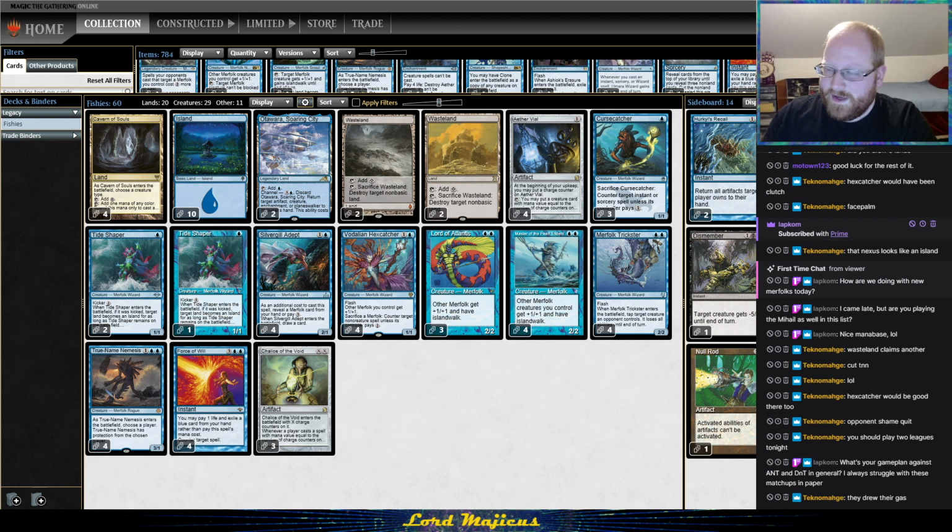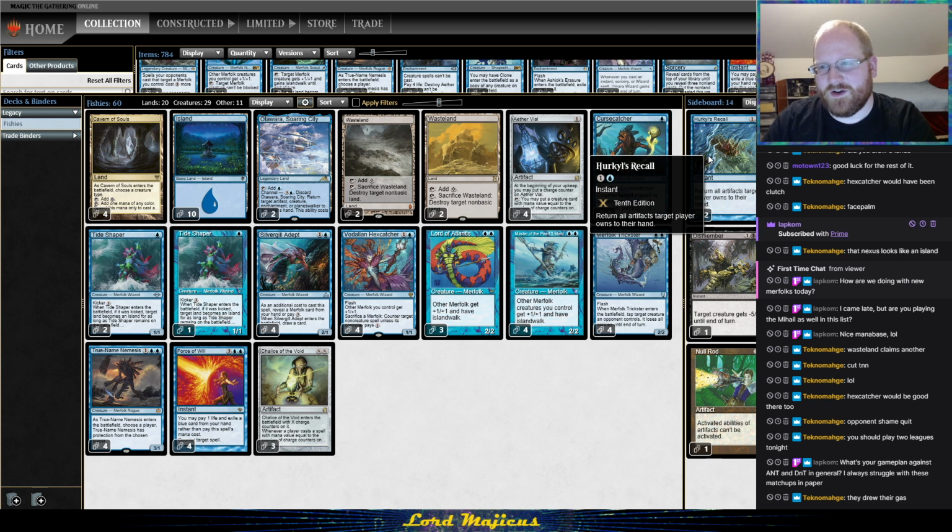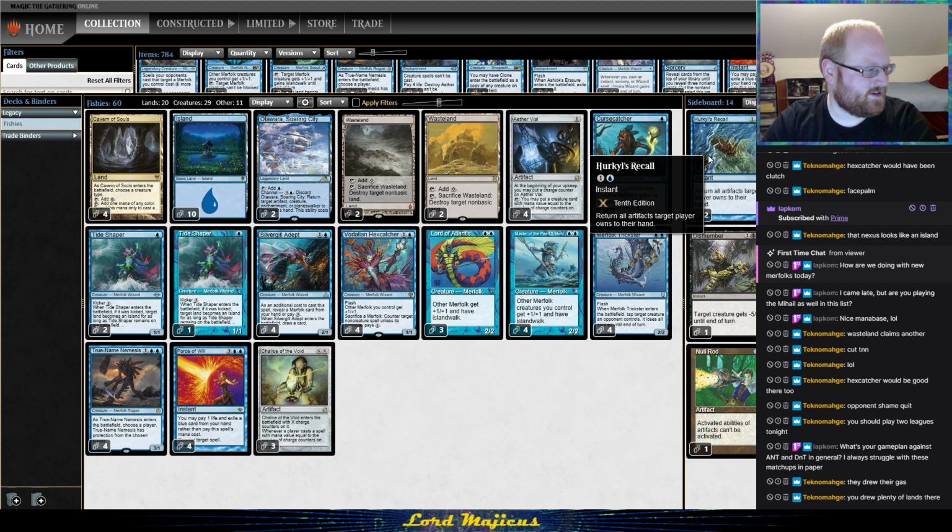So I don't know. Maybe I do just need more density of stuff, but it feels like it should be enough. And the second that you take out stuff like Hurkyl's Recall is when you're gonna get paired up against a deck like Painter or the 8-cast, and you're gonna desperately wish that you had this. So yeah, they drew their gas. That's how combo is. They need to have really good hands that are way better than yours, and we did draw some lands, and it's just frustrating,